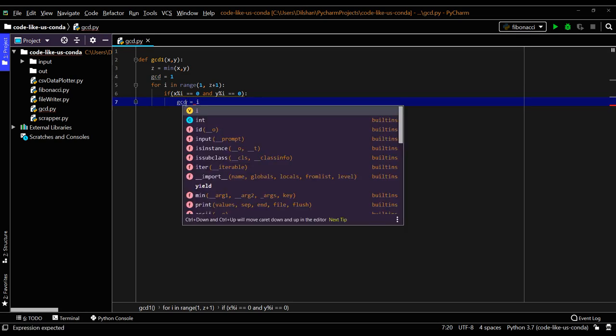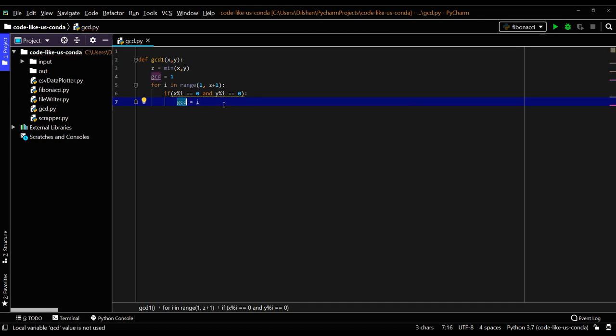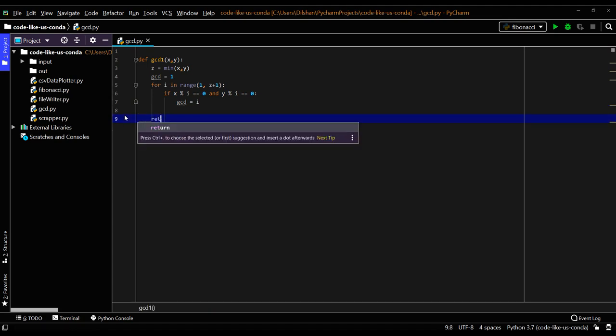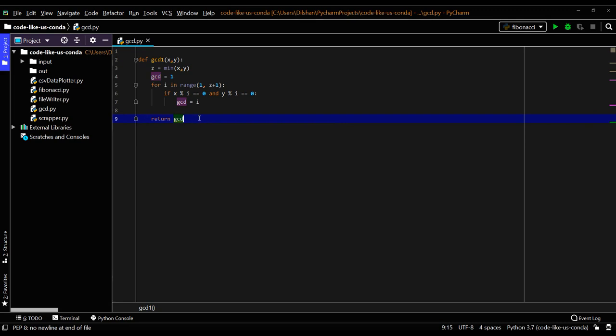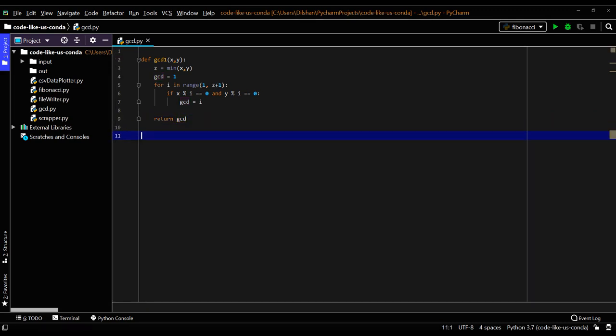So as the loop goes, if this condition is true, we will assign i as the GCD. That is the algorithm we have to consider here. After the for loop, we can return the GCD value at the end.